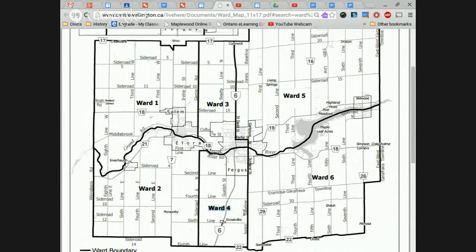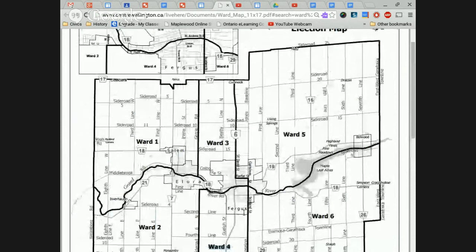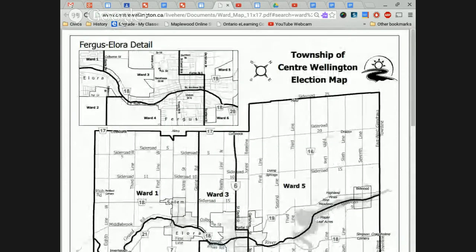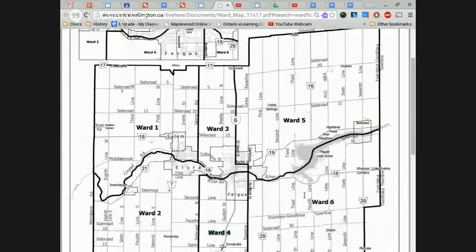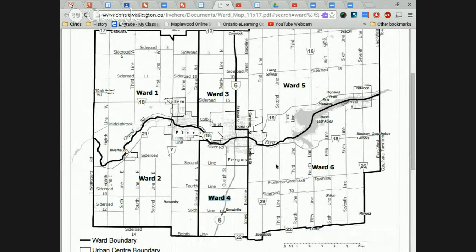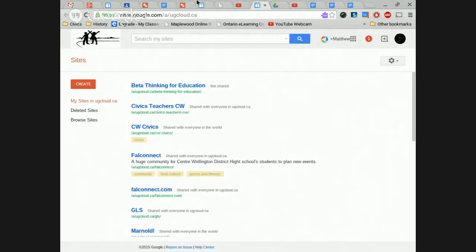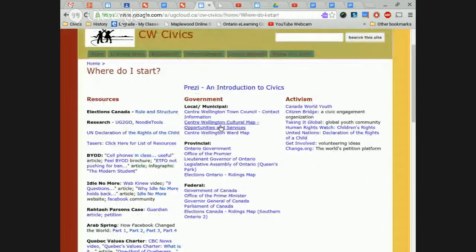If you live in Centre Wellington, you have Elora and Fergus here, and these are the different wards. You can see there's Elora and Salem here. If you're outside of that, say in Mapleton or Alma area, it'll be different. But what you will have to do eventually is find out who your ward councillor is for your particular ward. If we're using Centre Wellington District High School as a model for this, then what we do to find our ward councillor is we go to here and we go to Centre Wellington Town Council contact information here,